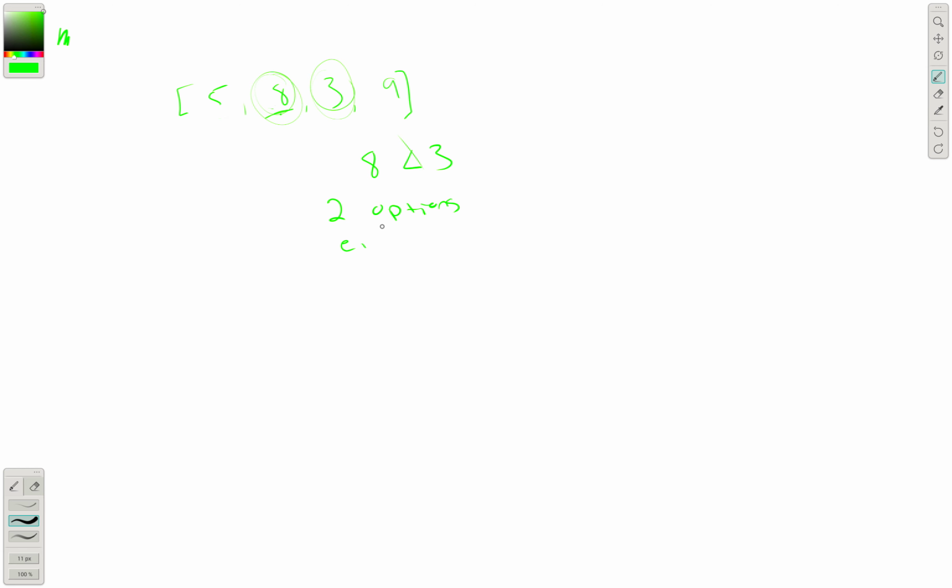Either option, I'll write it like this. So option 1, decrease 8, and option 2, increase 3. Okay, so perhaps what we should be looking at here is,